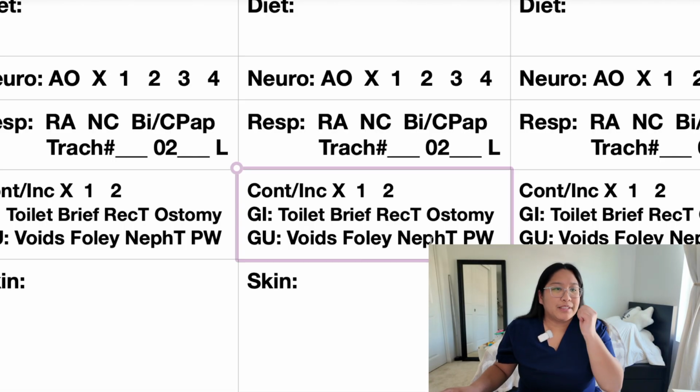That's what I usually do. Let's say they removed the Foley catheter at 5 p.m. So by 9 p.m. they need to void. And then T stands for nephrostomy tube. I'll put R or L, and I usually do R and L's with like a circle standing for right and